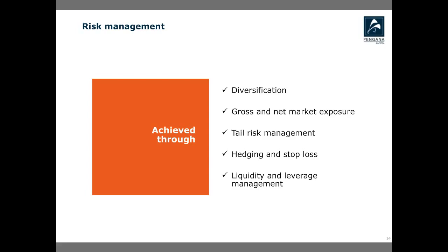And on tail risk management, this goes in line with our active management on net exposure. We use derivative instruments like put options, which provide us downside protection during equity market sell-offs as these put options become in the money. And we've also got a very disciplined approach towards stop losses. We have a soft limit of 50 basis points on each trade. If a trade gets stopped out, we have an internal risk discussion, and a decision is made whether to unwind it from the portfolio. And lastly, just to summarize, as I mentioned a few points a while ago, we are very mindful of liquidity and leverage management of the portfolio.